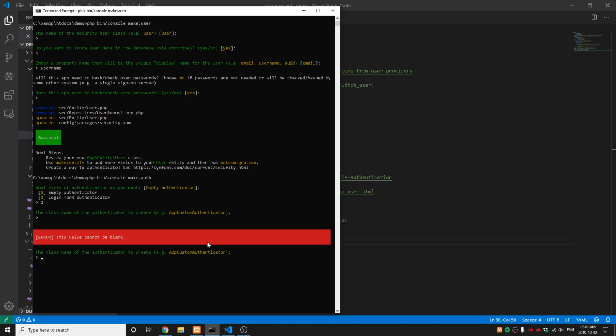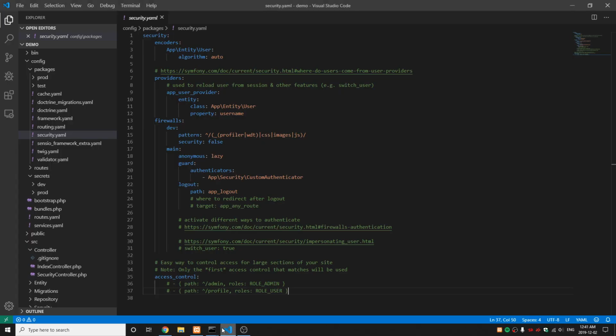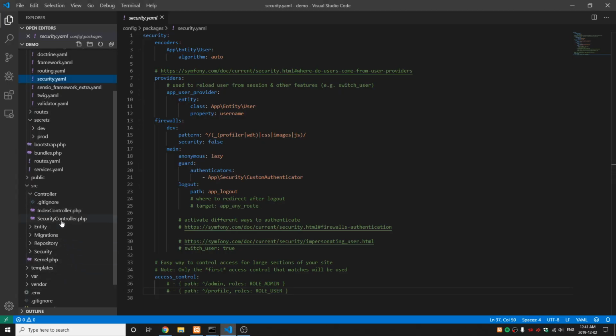Okay, we have to enter it. So let's say custom authenticator, and choose a name for the controller class. It's going to be security controller by default, which we like. And do you want to create a logout URL? Yes, by default. So after we added the authenticator class in the project, we're going to get a new controller